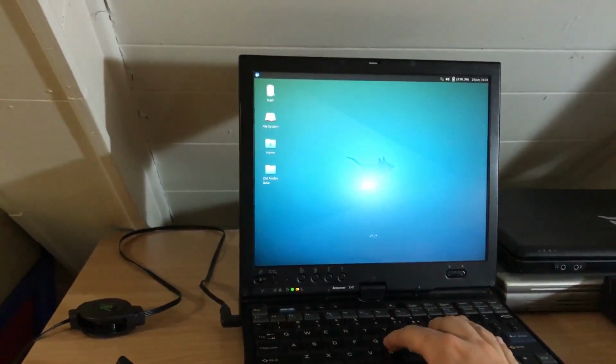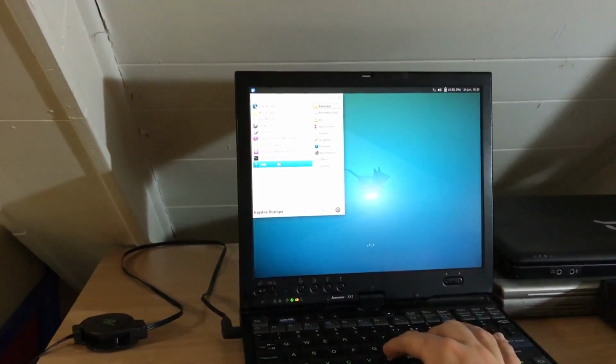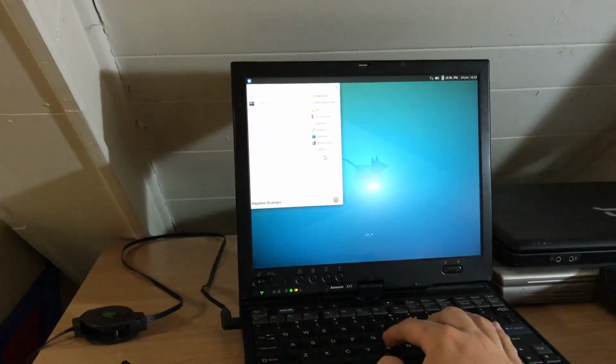This thing seems pretty slow. I'm gonna go ahead and take a wild guess right now and say that it has about 1 gig of RAM or less, and a Pentium M. We'll see if I'm right in a minute. Let's see. Again, I have not a clue how to use this. So let's see if we can...